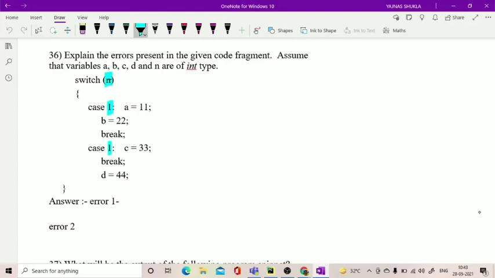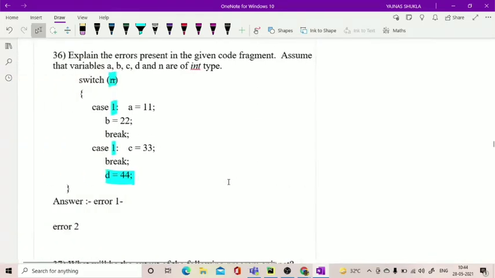Alright. Second thing is, in this code, d equal to 44, if you look at this, is written after the break. And in no case, in no situation, will this statement execute. It cannot happen that, whatever the value of the case, this code will ever execute. Such code will always show an error at compile time, and what error will it give? Unreachable code. Alright, it will display that this is unreachable code.